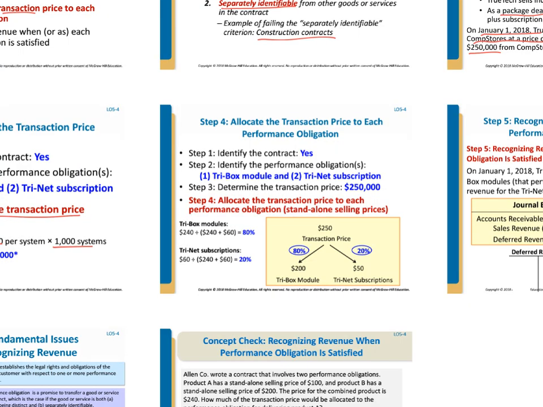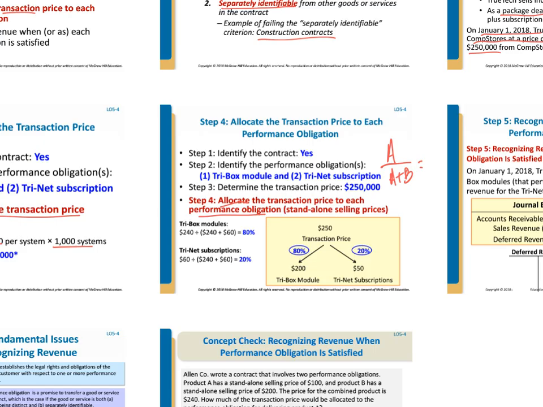Step 4 indicates that we have to allocate the transaction price among the performance obligations. And here we're going to use the A over A plus B method, something that we talked about in Accounting 111. For instance, we looked at it when we were doing basket purchases of multiple fixed assets together for a single transaction price. Here we're doing the same sort of thing, but we're doing multiple performance obligations for a single